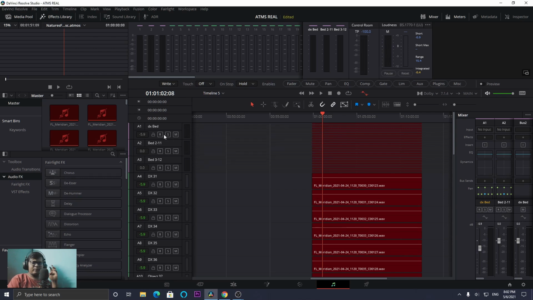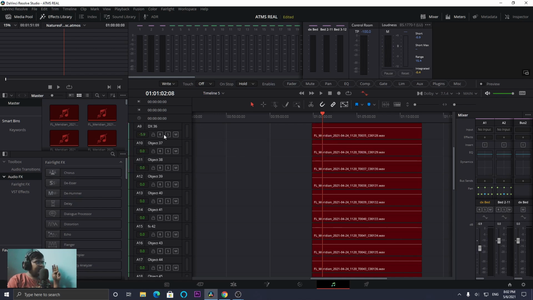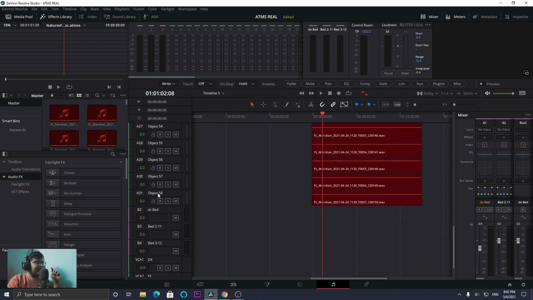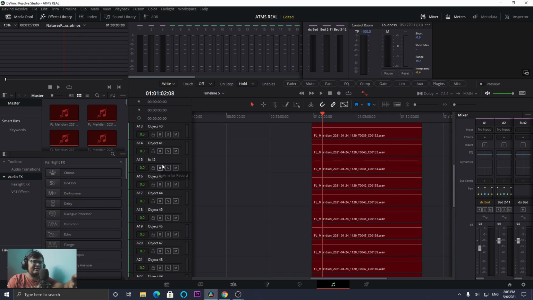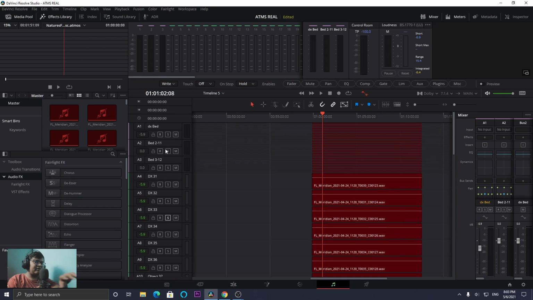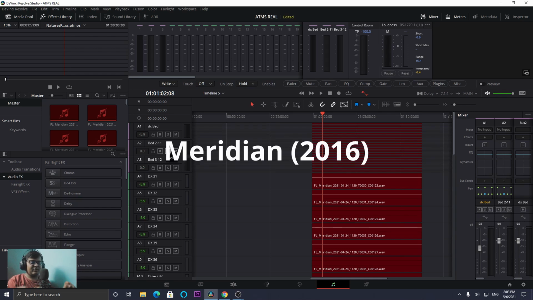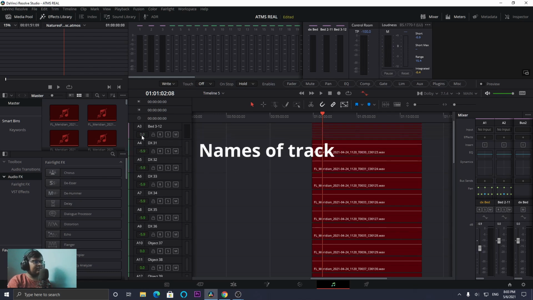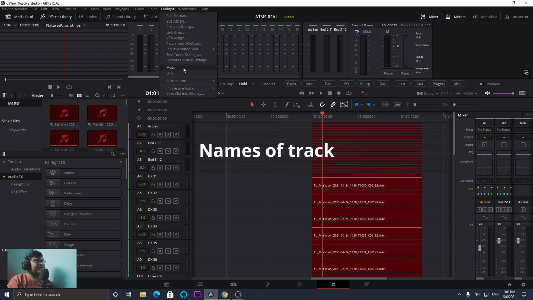There are 3 beds: one for dialogue, one for music, one for SFX, and then object tracks are also there, some dialogue objects and other objects. This was taken from a Netflix-style template. I don't know the name, but I'll put it on the screen. I took it from that one and then changed the names of it, that's all. That's that preset.